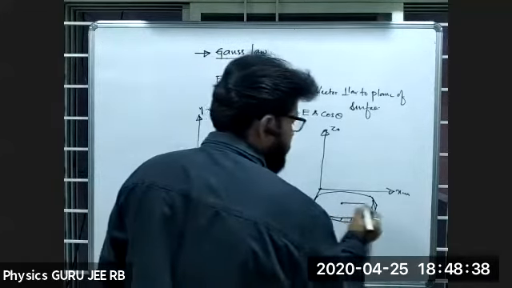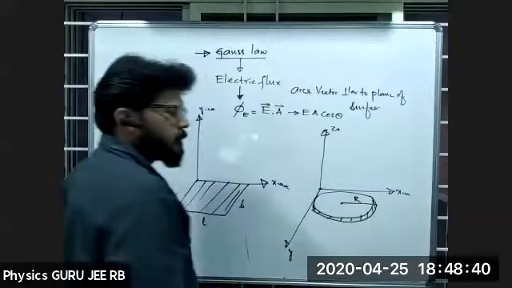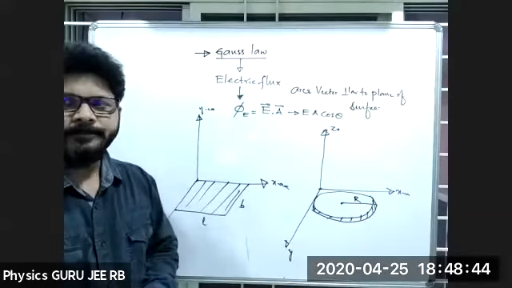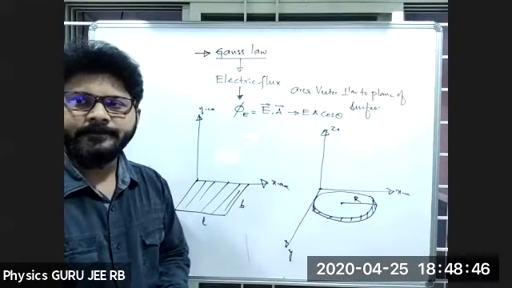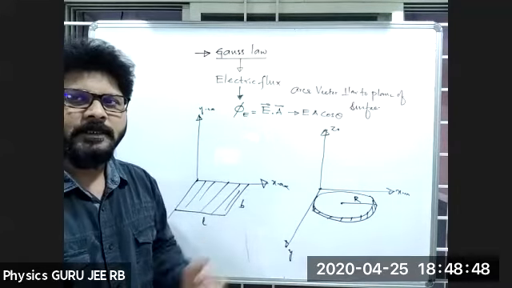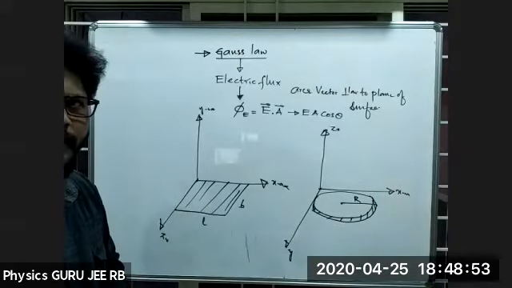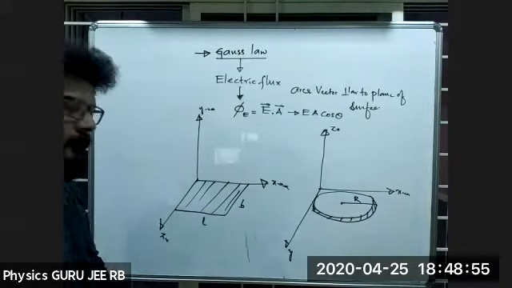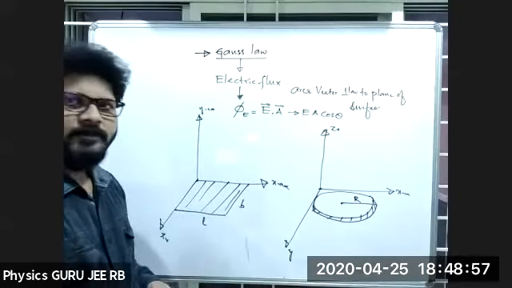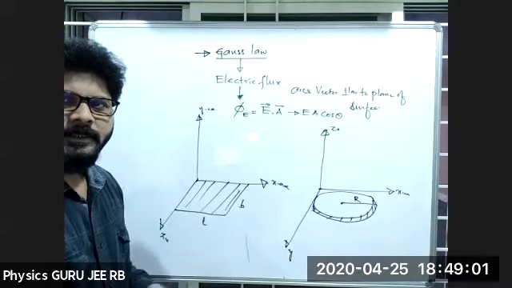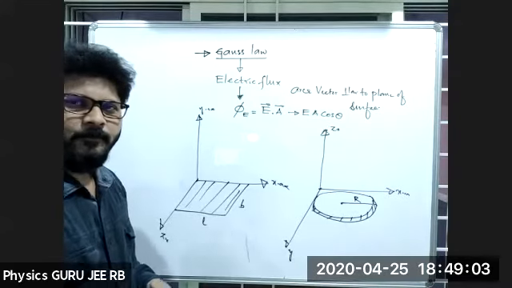This is nothing but a circular plate of radius R. So what is the area vector for the first one and the second one? Can you tell me? R is the radius. There were two possibilities in the previous case, and here also two possibilities will be there in terms of direction. So what is the area for the first one?